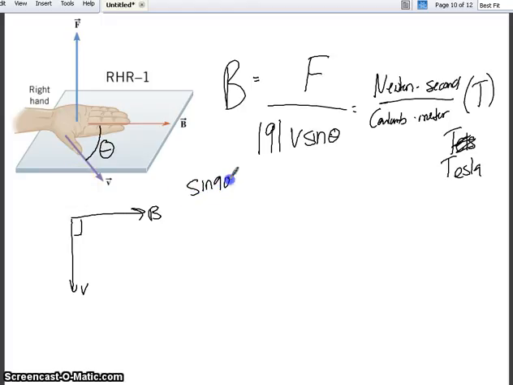So this simplifies into just that. And if the direction of the moving charge and the magnetic field have no angle in between them, or theta is equal to 0 degrees, then the sine of 0 is equal to 0,